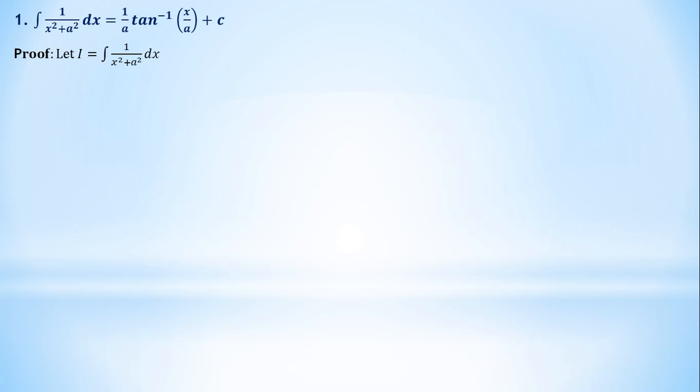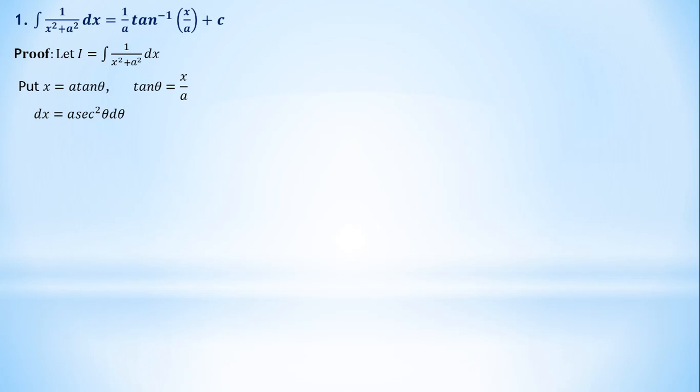So the standard substitution, always remember, is to put x is equal to a tan theta here. If you put x is equal to a tan theta, then we get tan theta is equal to x upon a. So the proper or standard substitution is x is equal to a tan theta in this case. Now as you put x is equal to a tan theta, by taking the derivative we get dx is equal to a sec square theta d theta.